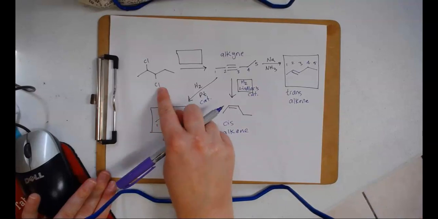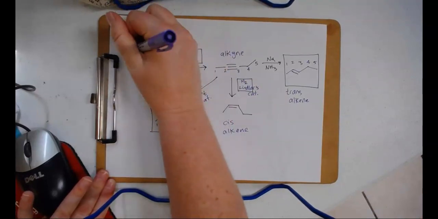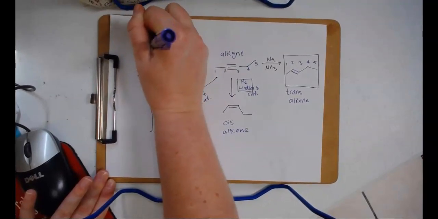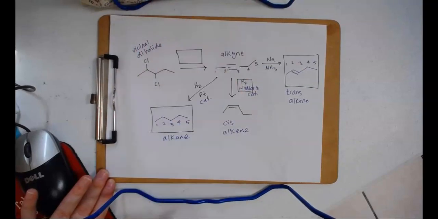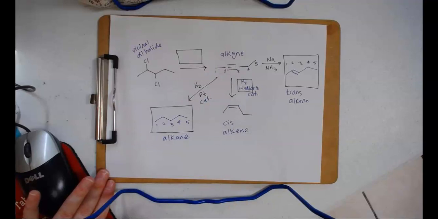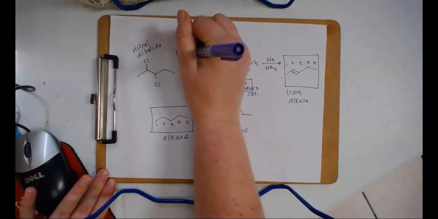All right, the last one in the first video is the first reaction. We have a vicinal dihalide, and we want to react it with something to get our alkyne. So we need to remove those chlorines, and we're going to use a strong base for this. So we're going to use NaNH2